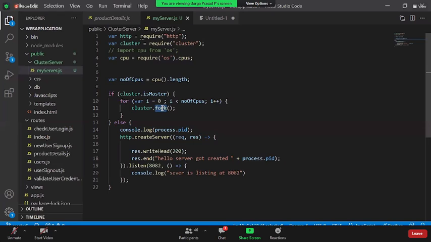Yes, sir. Sir, what about is primary? Yeah, cluster dot is master. Then we can use is primary. I mean, actually, is primary or is master, both are going to be the same.